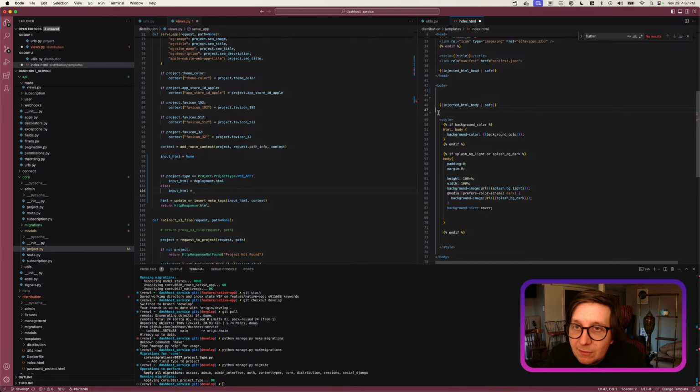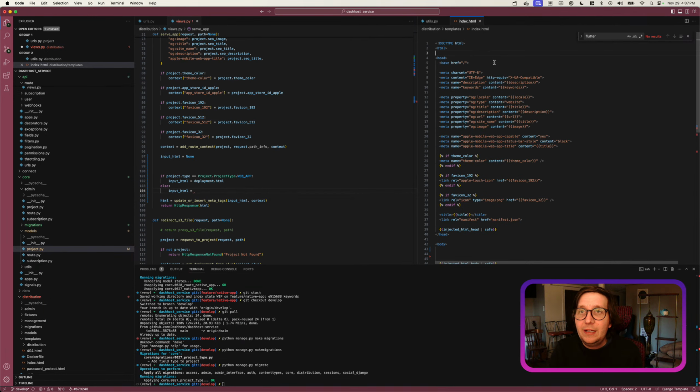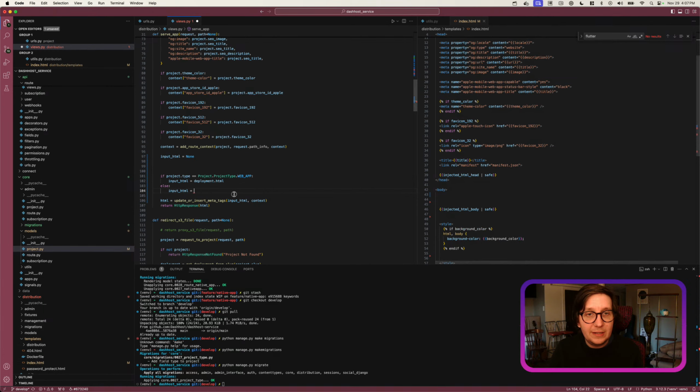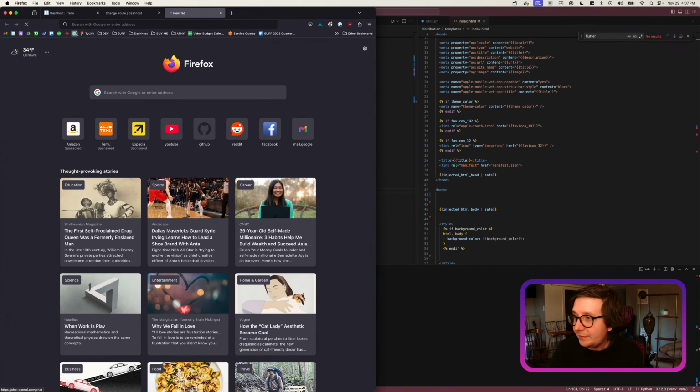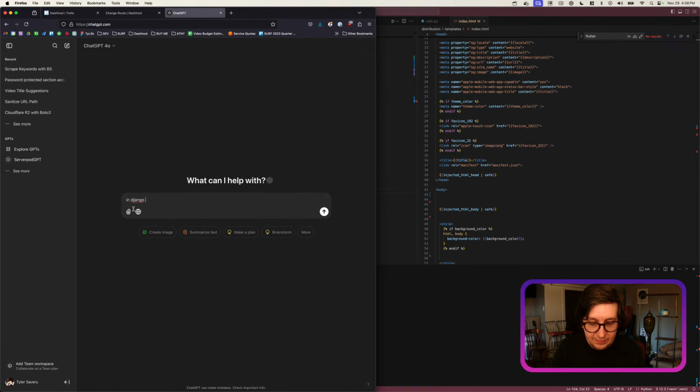And we'll deal with, yeah, background color. We won't need this at least. Whatever, we'll keep that for now. That's harmless. So what we actually want to get is, we need to read it from this file, which, how do I do that? I forget. In Django, how can I extract the